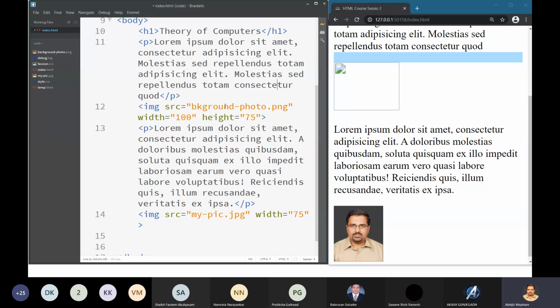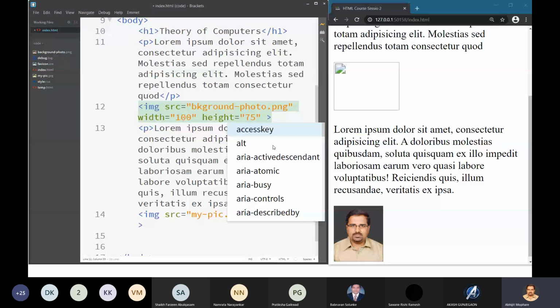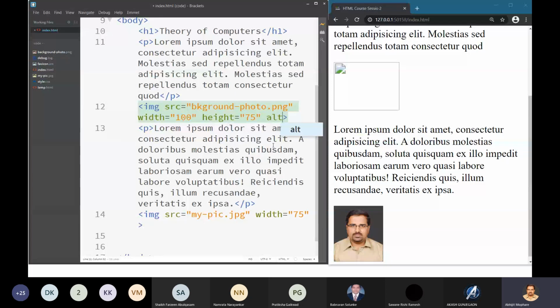over there some alternative text, so that blind people are not left unable to tell whether it is a text or image. Whenever blind people visit a website, there are particular readers which read the web pages for them, and obviously they cannot read the image, right? But for that reader, normally you have to specify the alternative, that is, you specify the name of that particular image. So here I will say